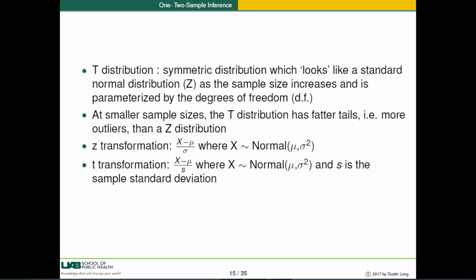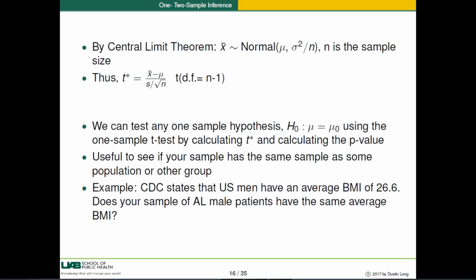And then you would take your data and transform it. You would subtract away the sample's mean, and then divide by the sample standard deviation. So you would scale it to a variable that had mean 0 because I subtracted the mean, and variance of 1 because I divided by the standard deviation. It's called the t-transformation. And by the central limit theorem,